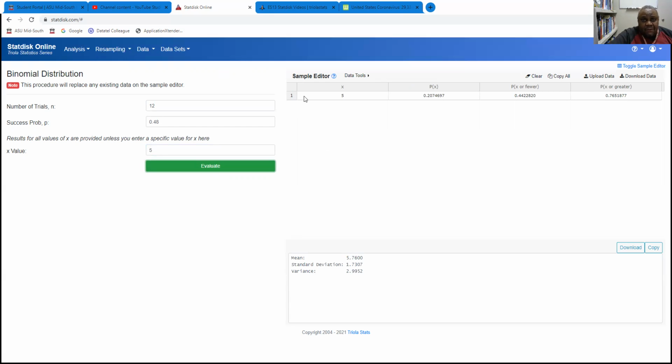So you will notice on the right-hand side, you'll see your x value. And then you have your probability for x or fewer, and probability for x or greater. The one you want is this right here, the probability for x. In this case, the probability for x is going to be, and this is going to be very important because you want to put your answer in MyMathLab to 4 decimal places, that will be